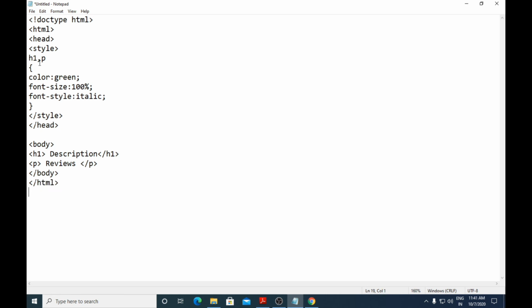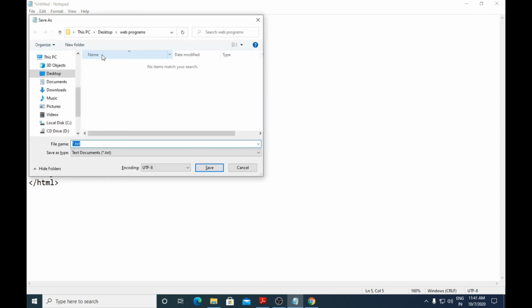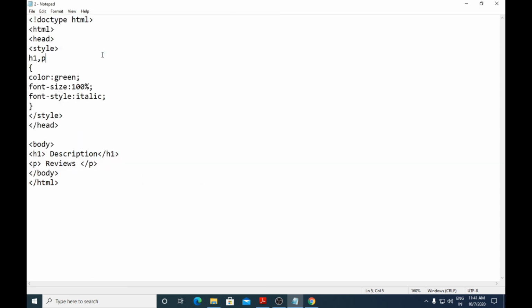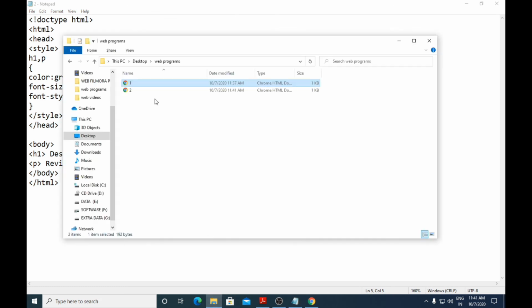What I have done here is known as a group selector, and I have grouped two HTML elements, that is h1 and p. Control S, I will save this as 2.html. Double click. You can see that here you have description and reviews, they are both 100% size, italic, and green.